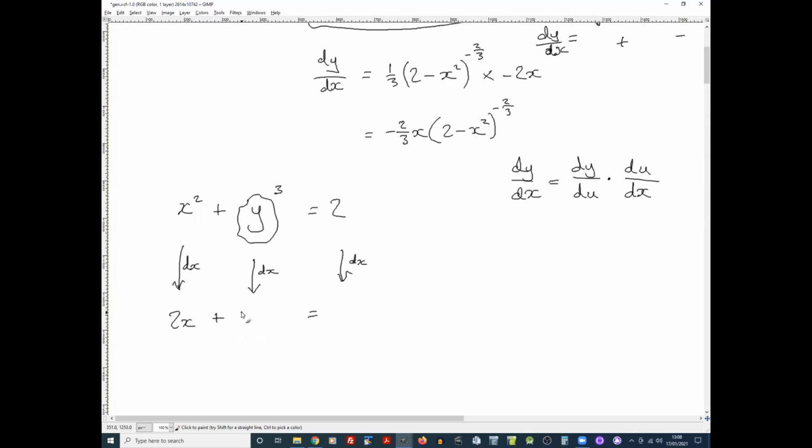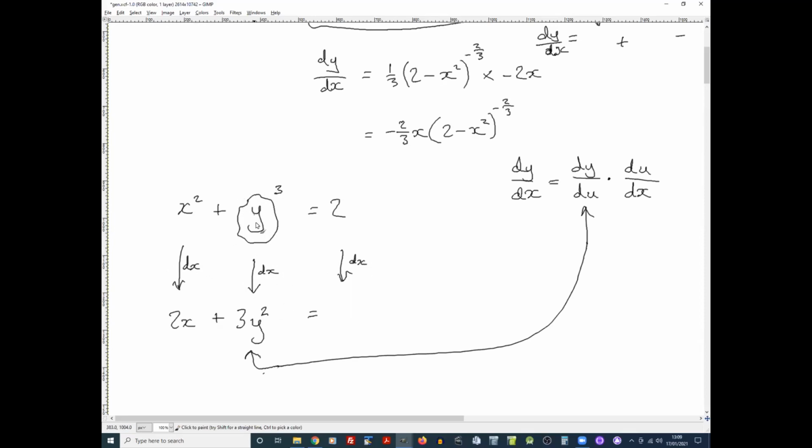3y squared. Yes. So that's that, isn't it? And then times, what's du dx going to be? What's the derivative of the inner function? 1. With respect to y, yes. But notice we're differentiating everything with respect to x. So that's why we're applying the chain rule. Okay, so times x. So times, well,